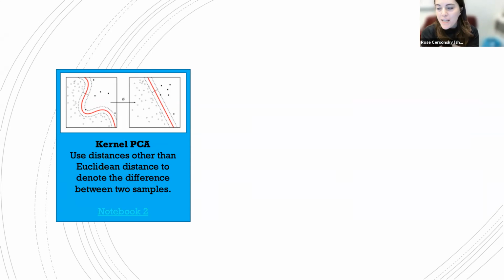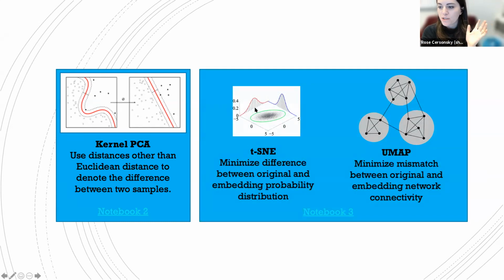And so that means any kernel could be, say, distorting things that are super nearby to be seen even closer nearby. Essentially, we're taking our distances and we're distorting them to whatever function we need them to be. And this helps, especially when we're working in some sort of non-Euclidean space, when we're working with things that are better represented by some sort of spherical representation, or we're just working with bad features that overdetermine our space. So kernel PCA uses a distance other than Euclidean distance to measure between samples and uses a lot of the same math as PCA. On the other side of things are 2 methods that use very different math, t-SNE and